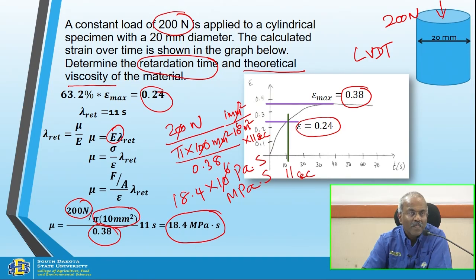Questions? Because this is solid material, you cannot put it in any instrument where you can measure the viscosity. But this is one way you can calculate the theoretical viscosity